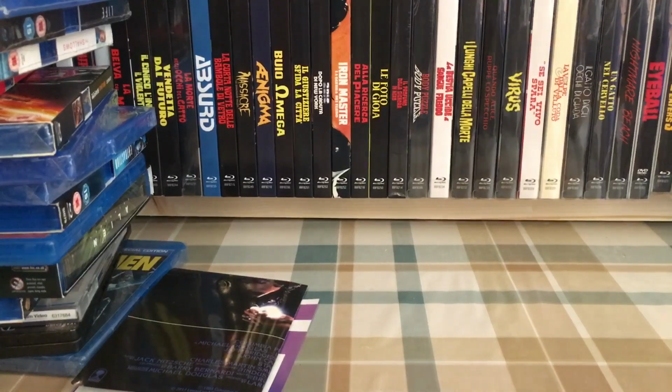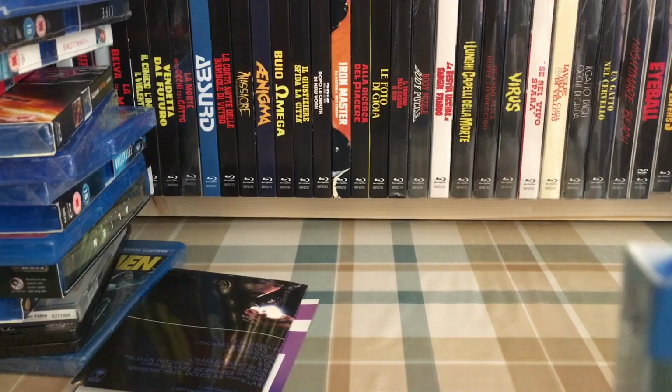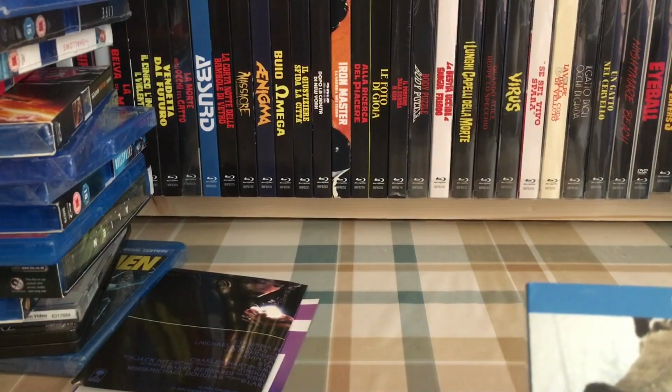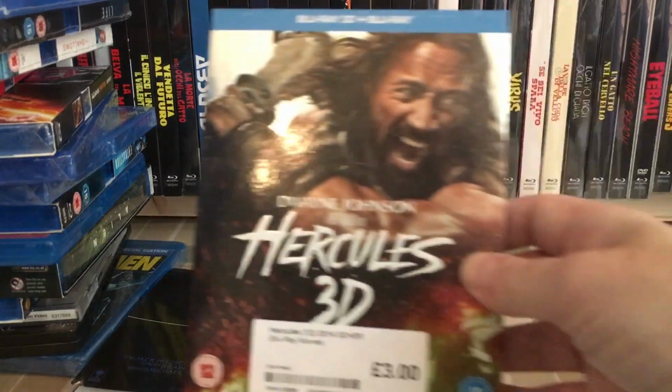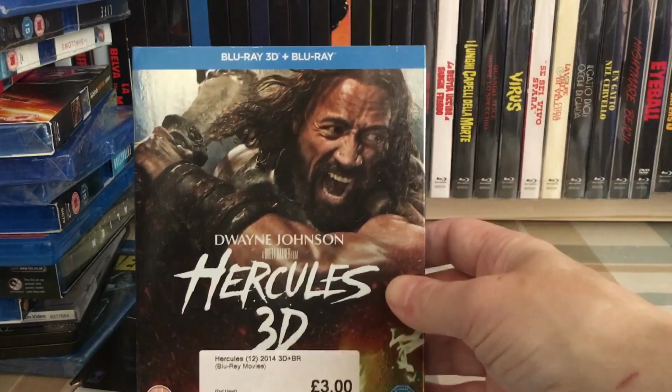Another one that I've been looking for months in Poundland, and just never seen it. In the end, I bit the bullet. Grabbed it from CEX. I was paying with vouchers, even though it's £1 more. So for £3 I got Hercules 3D